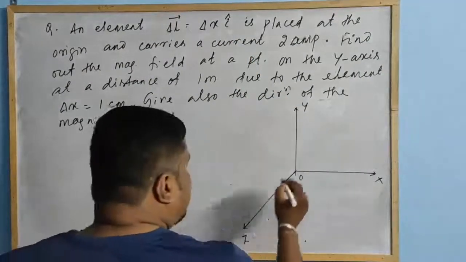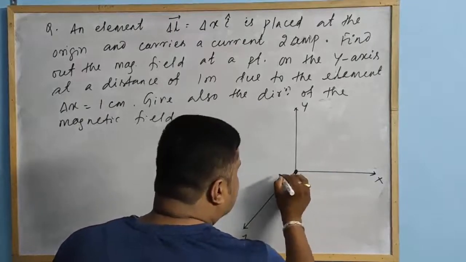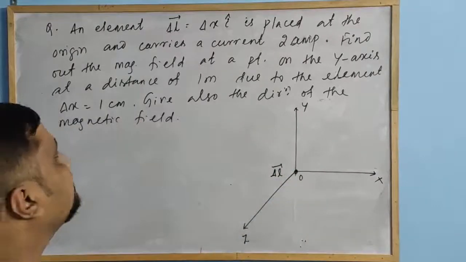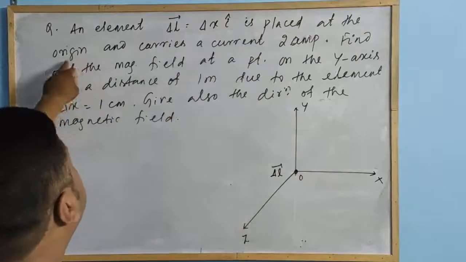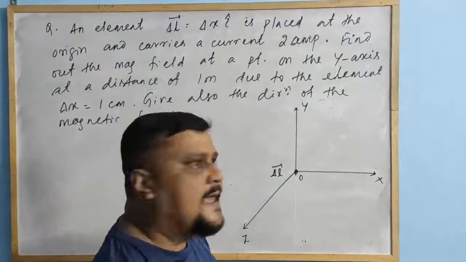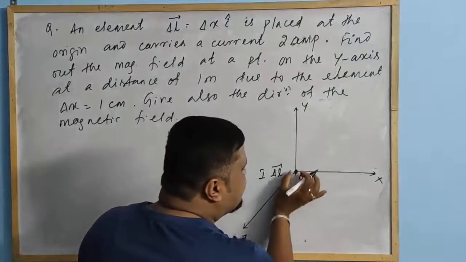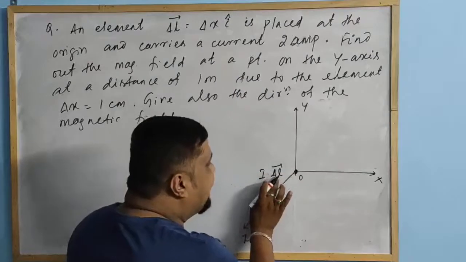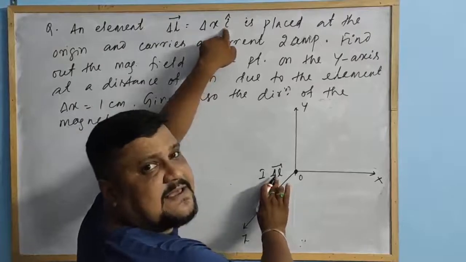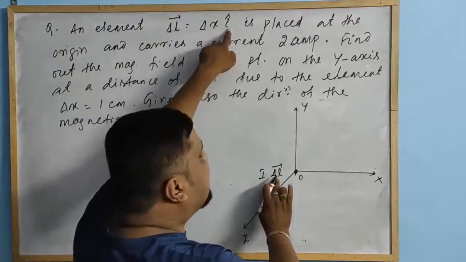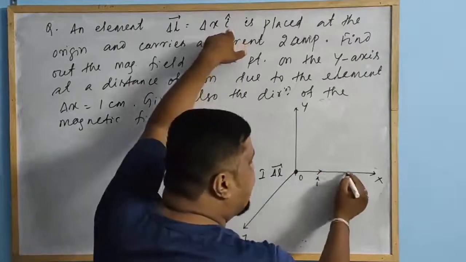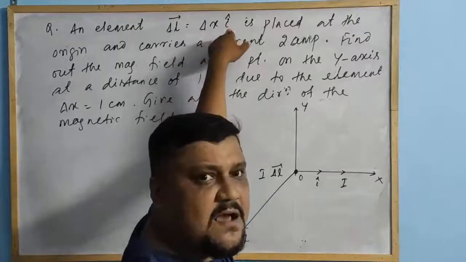So this is at the origin. This delta L is at the origin, and delta x i cap is placed at the origin. I cap gives the direction in which the current is flowing. As you know, I dl is the current element. If this is the small element, then delta L is equal to delta x into i cap; i cap gives the direction and delta x is the magnitude. The direction of i cap is along the positive x axis, and naturally this is the direction of current.